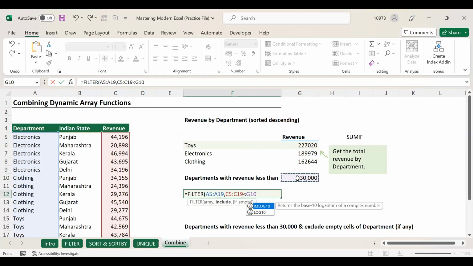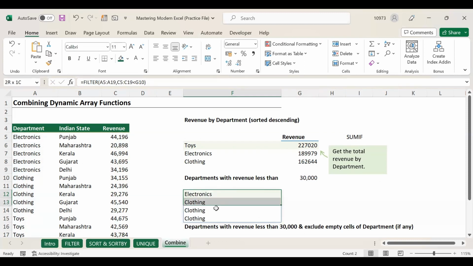So here you can see we got the departments that are having revenues less than 30,000, right? So this is how we use the filter function. Now the second criteria is I want to again find out how many unique departments are there that are having